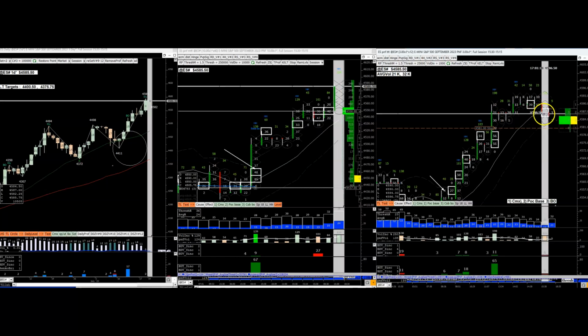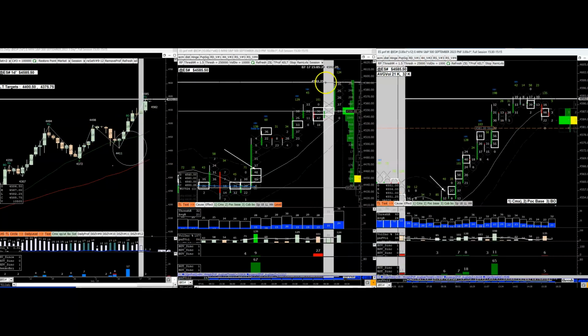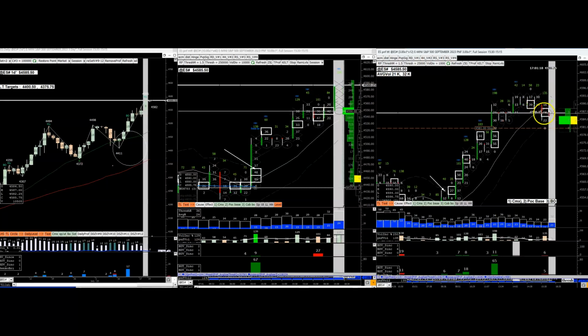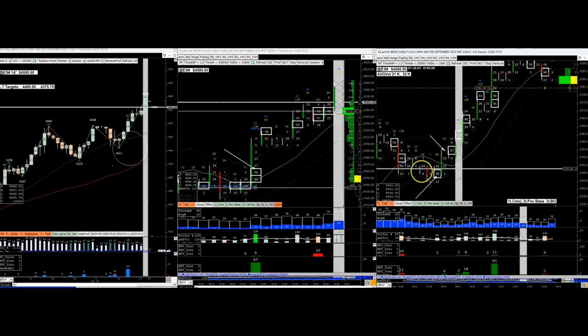Why? 98,000 contracts. That's not a small amount. And we're already at the top of the daily. Looks like a top, right? And it overshot a little bit up here. So possibly this will initiate some type of lateral movement and a break to come back down into this area